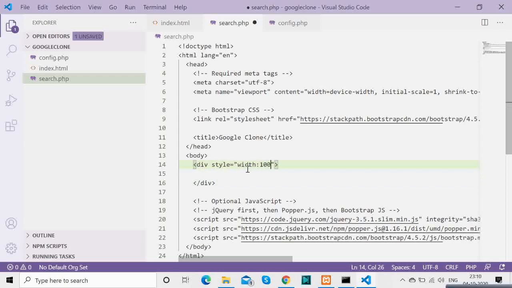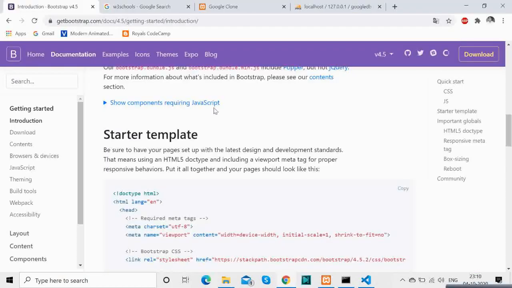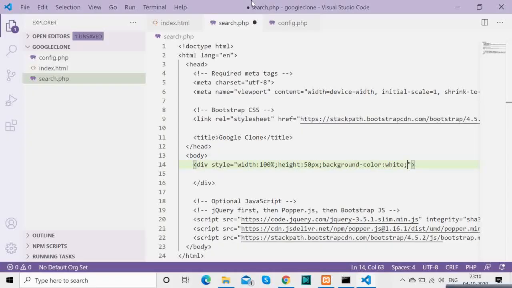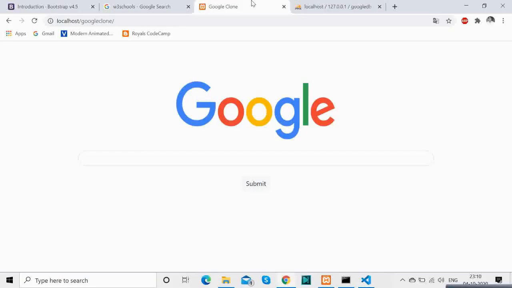At this point, we will be having a grid. If you are not aware what the Bootstrap grid is, we have a separate Bootstrap tutorial where I have discussed it, so you can check that out. Basically, the Bootstrap grid helps us align items in rows and columns.